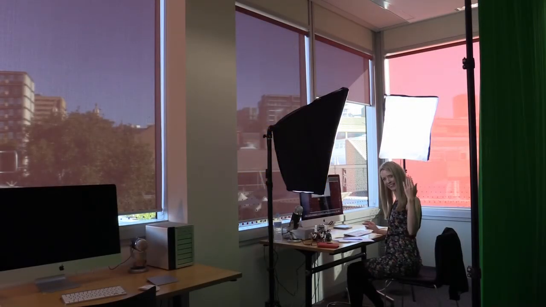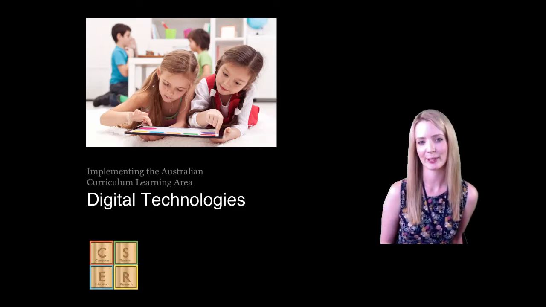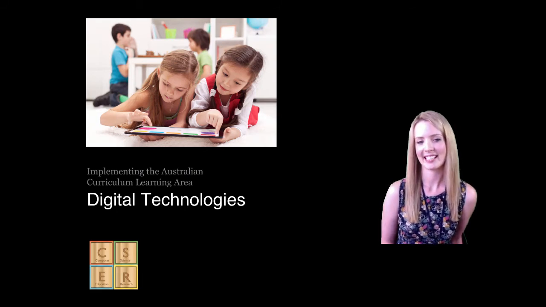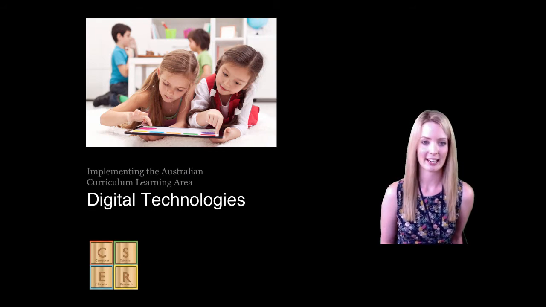Oh, hi, come in. Hi, I'm Rebecca Vivian and I'm a researcher of the Computer Science Education Research Group. I have a background in education and so it's been really interesting working with this group. I completed a degree in junior primary and primary teaching, and while I love my teaching placements and I was really keen to start teaching full-time, it was in my honours year that I also developed a passion for research and a curiosity for understanding how people use technologies for learning, and so I continued on to undertake a PhD